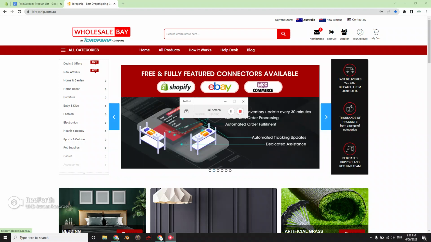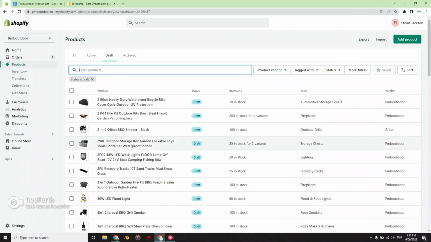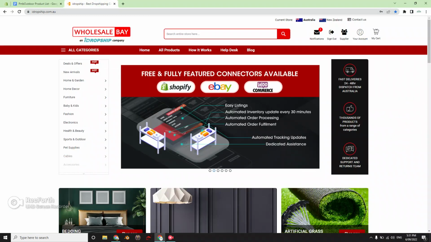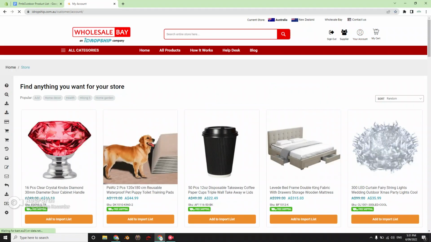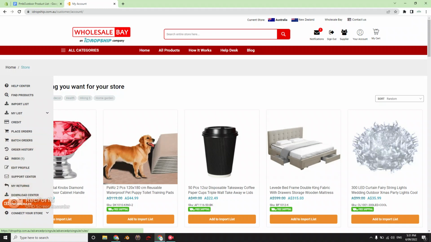Okay, so this will be a recording of how you can obtain a barcode from Idropship for a particular product and then apply it to your Shopify product. So on Idropship, you can go to your account, and from here it will open up a bar on the left